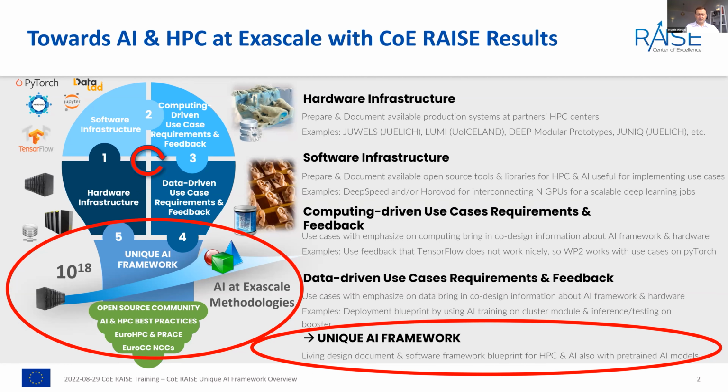With the framework, we really have in mind to support these 4 channels that get into the unique AI framework. So we have these hardware infrastructures that are constantly changing. And as a PI, you always have grants or computational grants on, let's say, 3 or 4 of these different machines. Not forgetting that porting your application to a new, disruptive computing model, like a quantum annealer, for instance, may also be different.